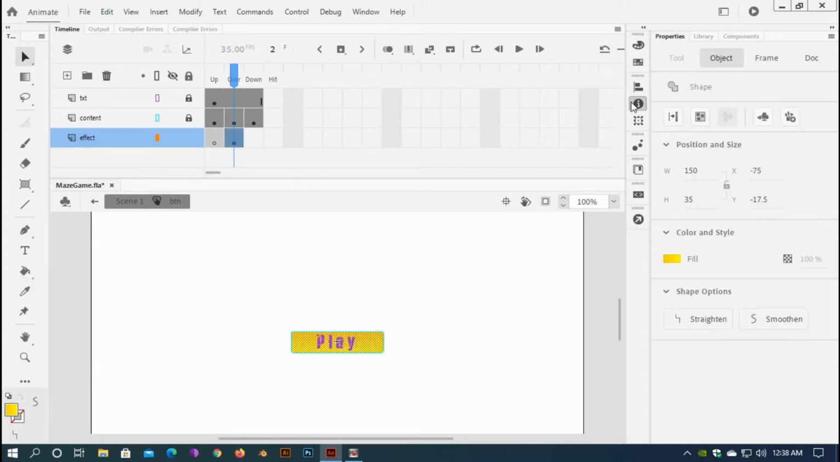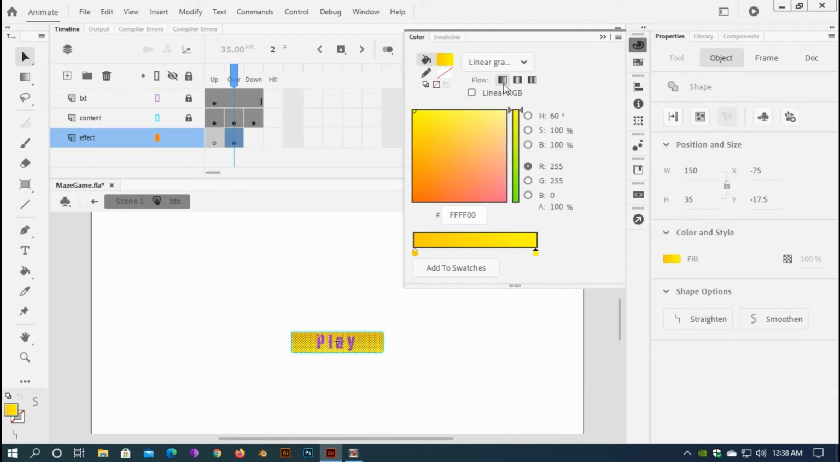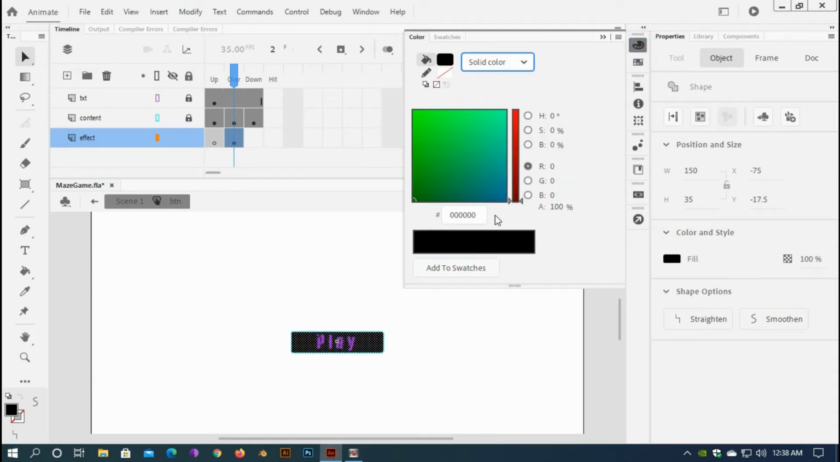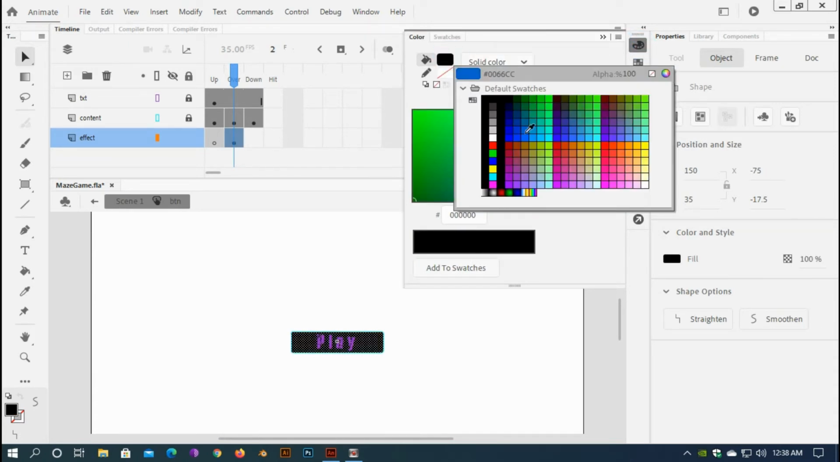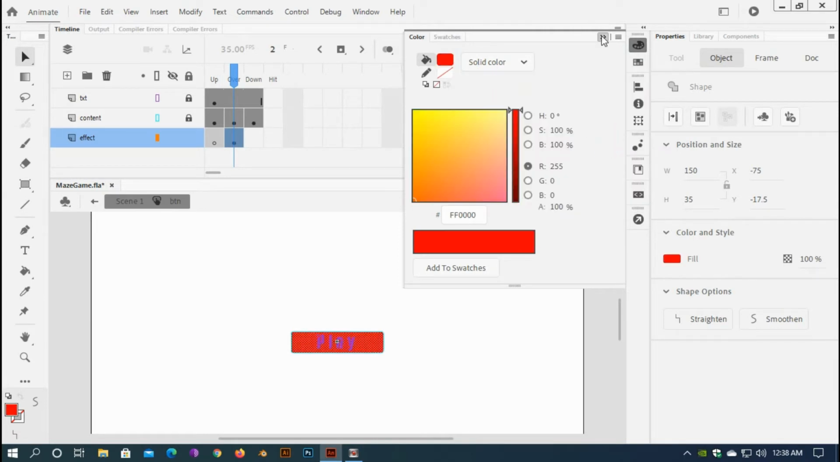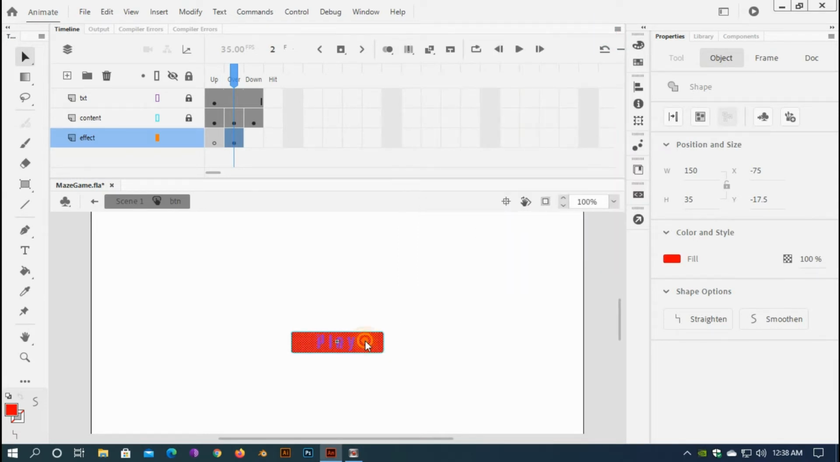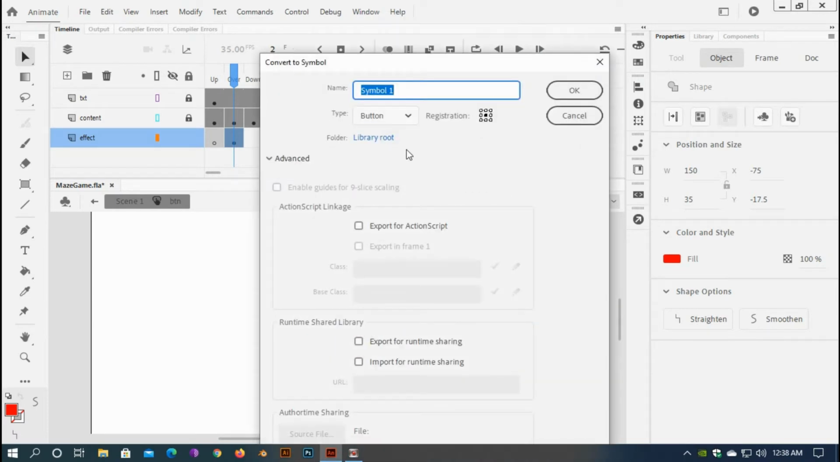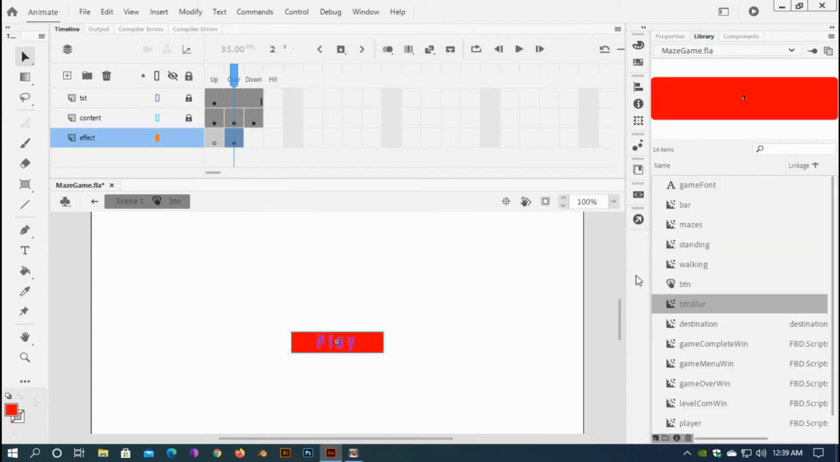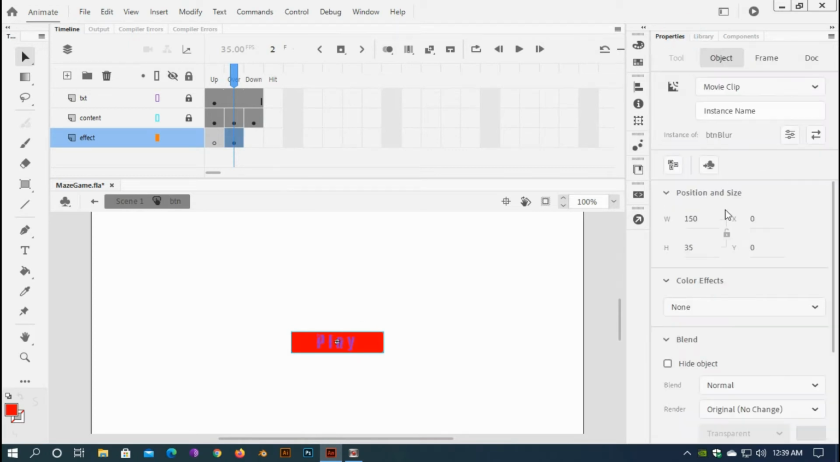and now I'll change it to solid red, and selecting it, I'll convert it to a symbol, and this time I'll make it a movie clip. I don't need to name it anything. Okay, name it button blur, so that I can find it easily here, button blur. Okay, now selecting this button blur,